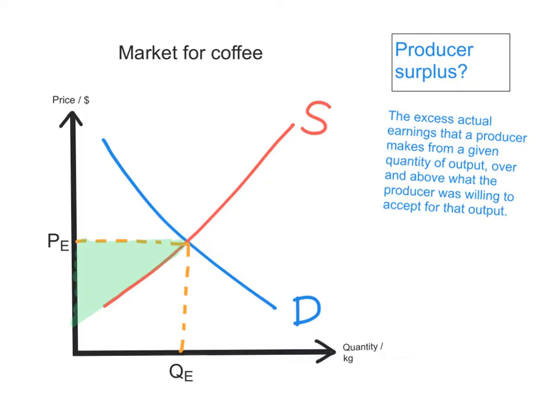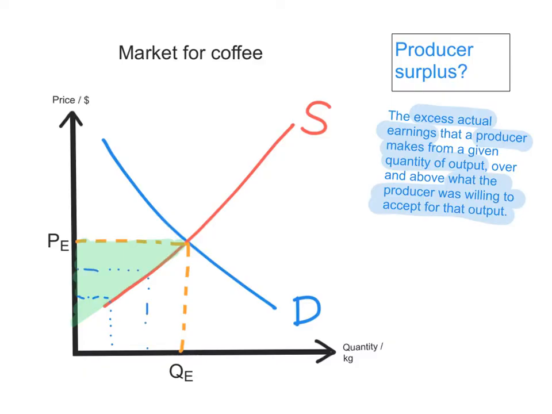The concept of producer surplus is very similar to the concept of consumer surplus, but it is from the side of the producer. Basically, this is the excess actual earnings that a producer makes from a given quantity of output, over and above what that producer was willing to accept for that output. Again, because all producers will receive the equilibrium price, some producers were willing to produce a specific quantity at a lower price. So for example, at this lower price, this was going to be the quantity supplied, another lower price,